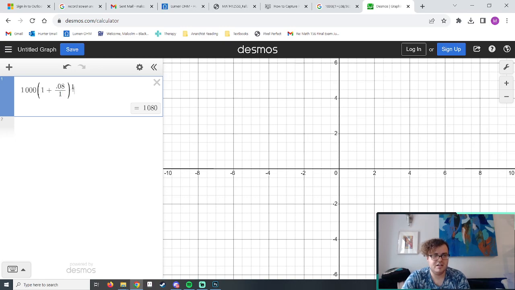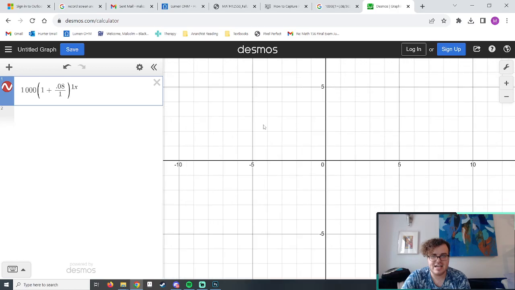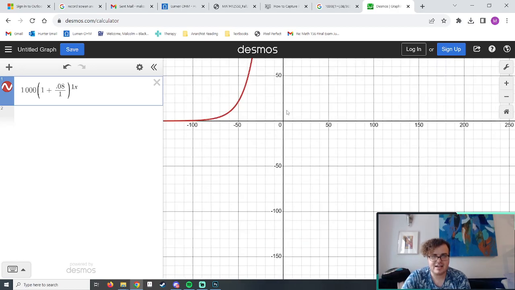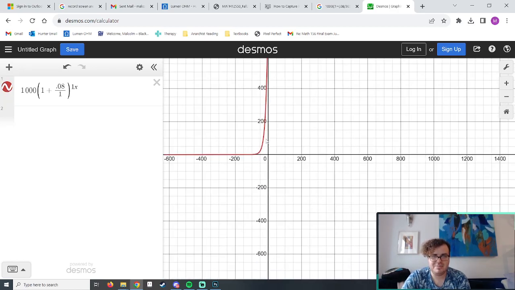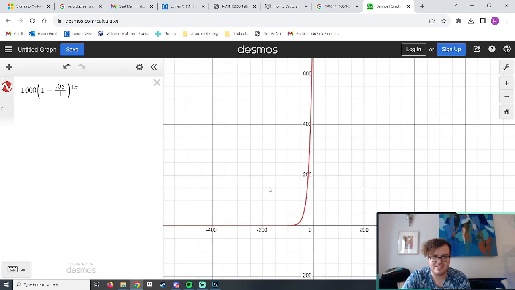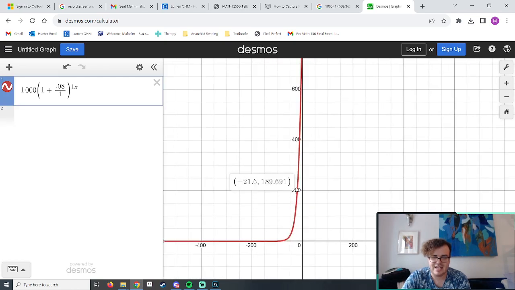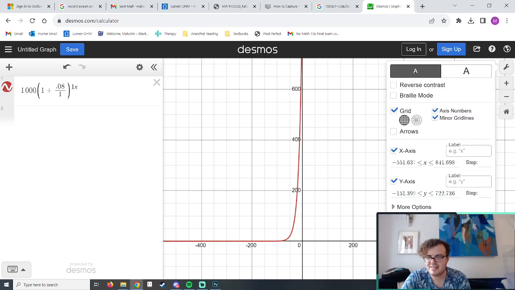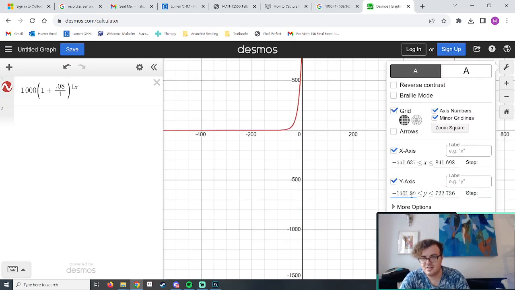What do I want to do here? 1 to the 1x power. So here I'm going to make my x value my time axis. So you can ignore what happens on the left there, because this doesn't make sense, since it's at negative time if x is my time value. But if I just change my scale a little bit here,